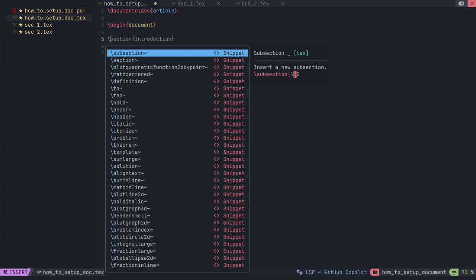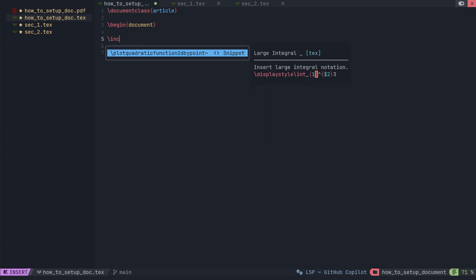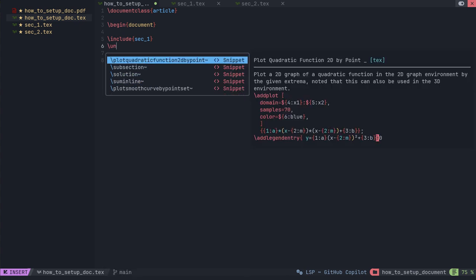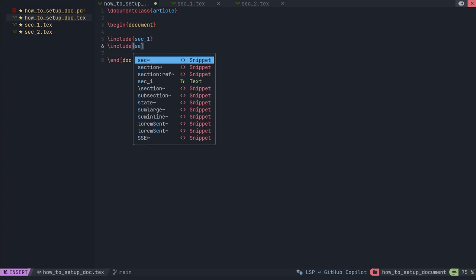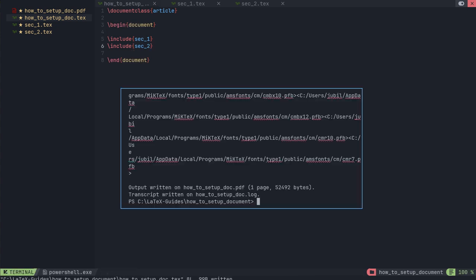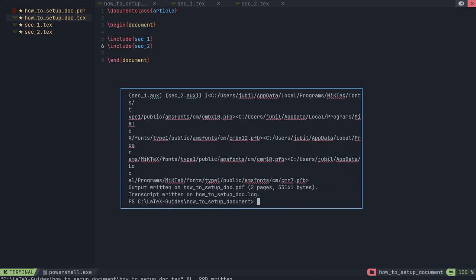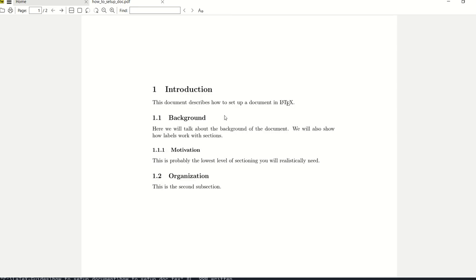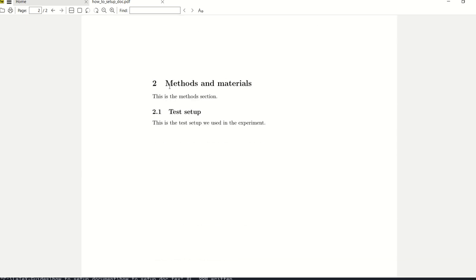And then what we do here is we say include, and then we say sec1, and include sec2. Okay, so that's sec1 and sec2 in the begin document. So if I save and run our document, I'm just going to run it twice, we can see that we now have introduction, background, sec1, and it's on this page, and then on the next page we now have the